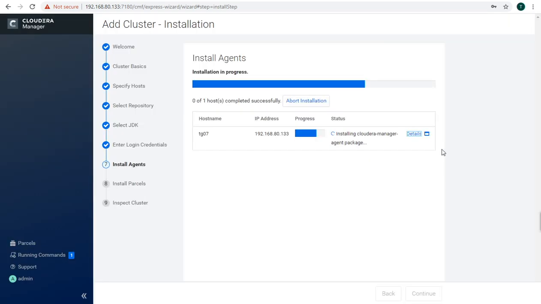And if we close it, here you can see it is now installing the Cloudera Manager agent package, and it will soon be completed. Now it is installing the Cloudera Manager daemons package. Earlier it installed the agent package. Now you can see waiting for newly installed agent to heartbeat.